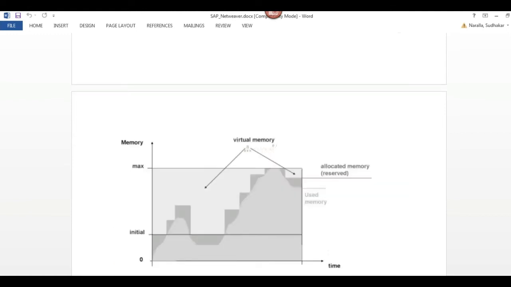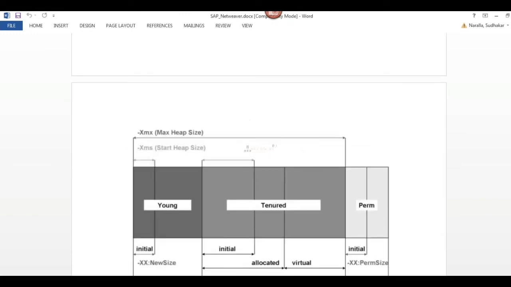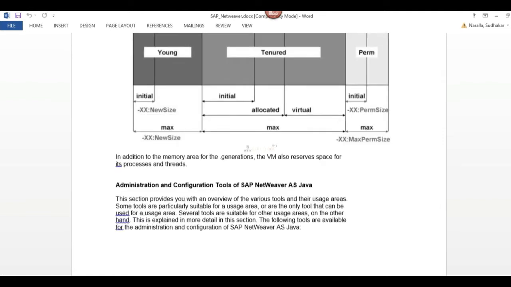These are the four different memory parameters. And generations: new generation, permanent generation. Every generation will have an initial size and max size. So this is what we discussed in the last class.